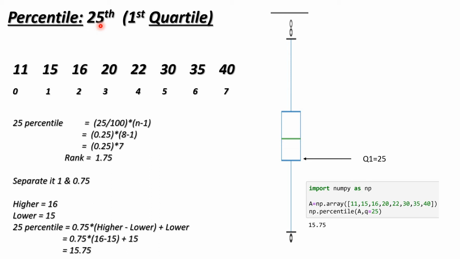Hope this will make sense, guys. You can see in the right corner I have calculated in the Jupyter notebook, and I got the same output that we got over here, 15.75. In Python it is very simple to calculate. We just need to import the package, numpy, and I have created the same array with the same elements that we have over here, and simply np.percentile. A is this array of elements and q is the percentile, that is the 25th percentile, right? So we got the output 15.75, here as well 15.75.